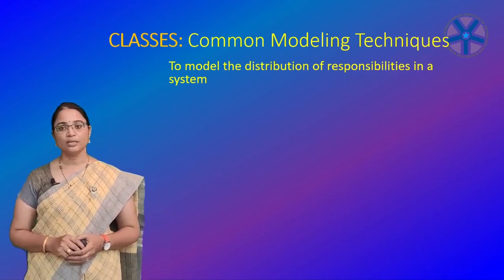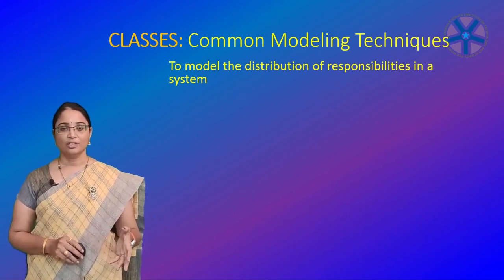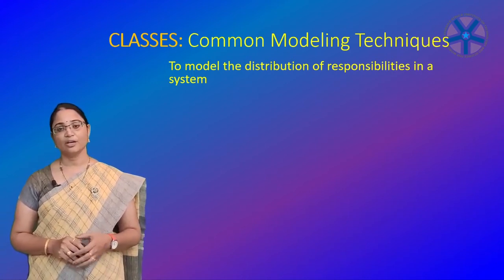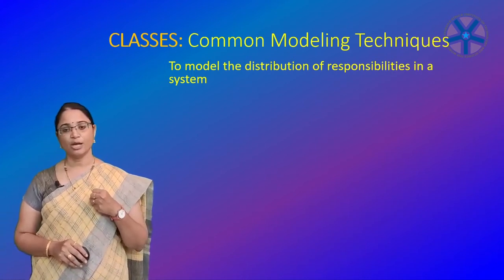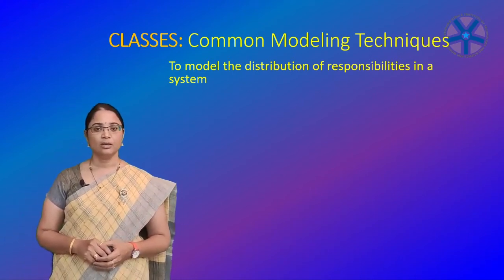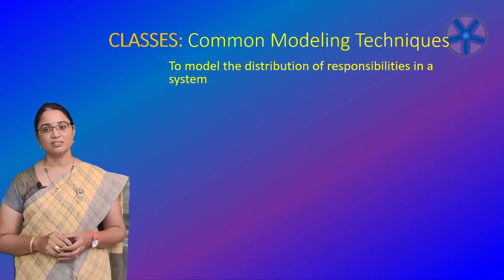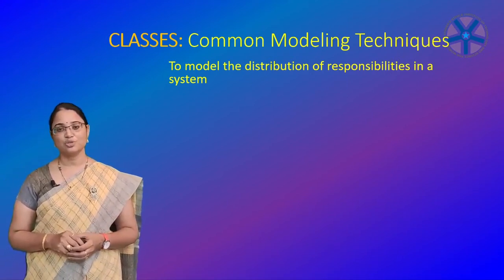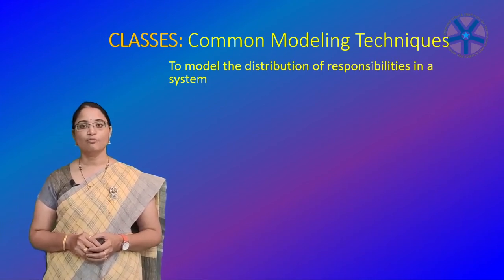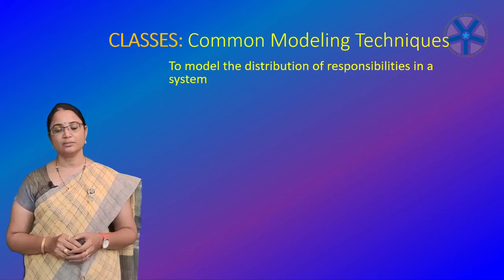Once you start modeling more than just a handful of classes, we know how to take from the vocabulary of the system and identify the classes. That is what we have done in how to model the vocabulary of the system. Now you have a good number of classes and you know how to name them. And now you will want to be sure that your abstractions provide a balanced set of responsibilities.